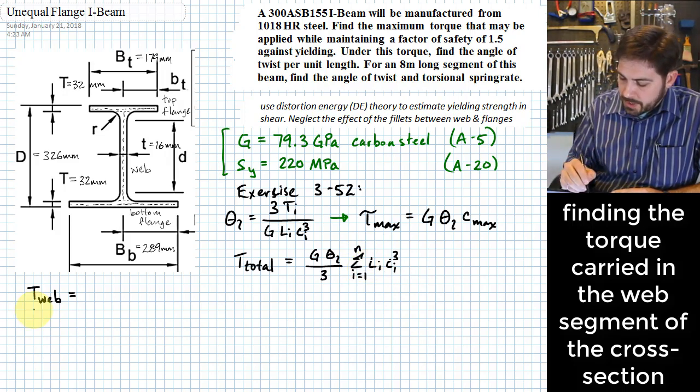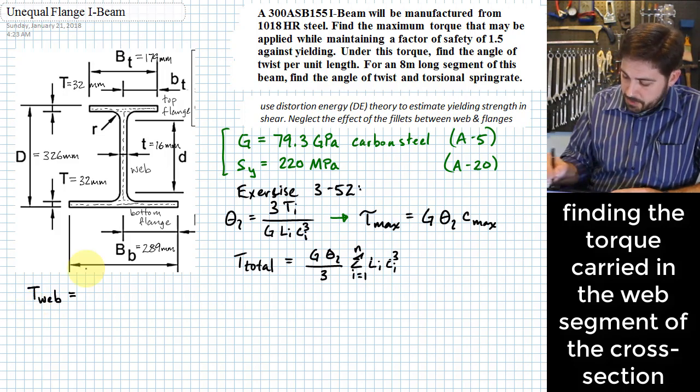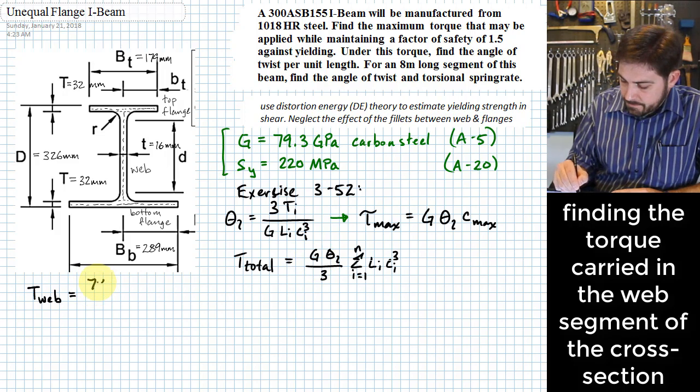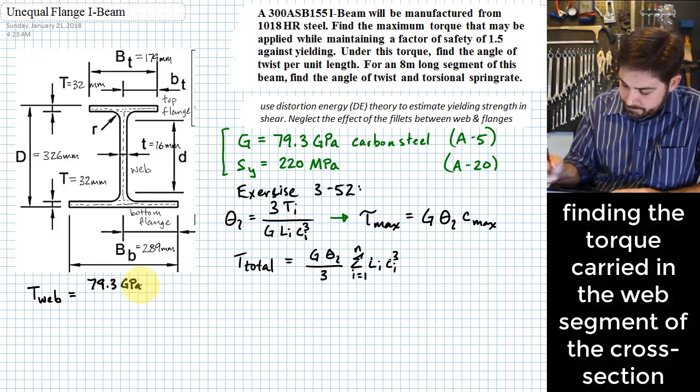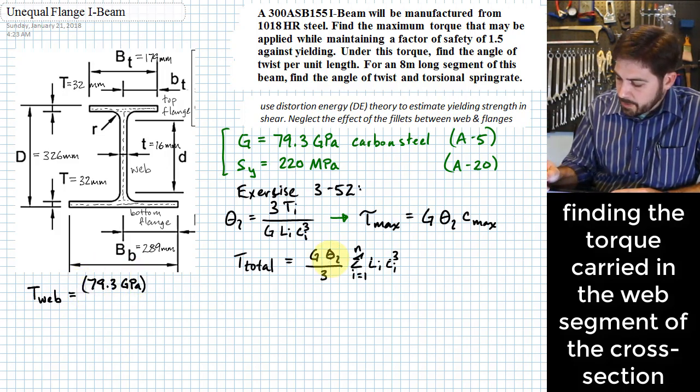So the torque carried in the web is just going to be equal to the modulus of rigidity, 79.3 GPa, multiplied by the angle of twist per unit length,